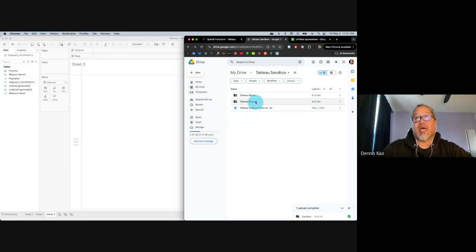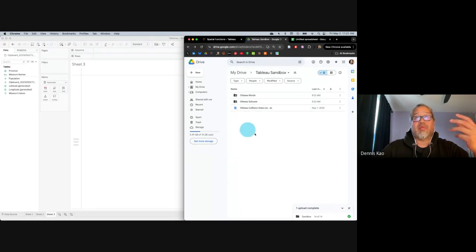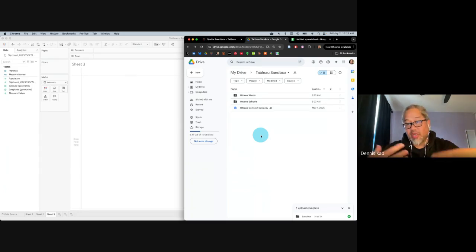Things like locations of schools, right? You're not going to be able to have just a table data set unless you have latitude and longitude and things like that, right? And so we're going to construct a series of maps to highlight some of the functions, right? Okay. So first things first, what I'll do is